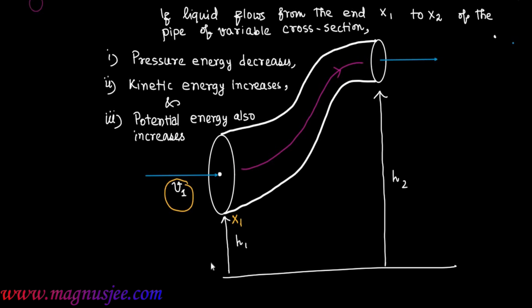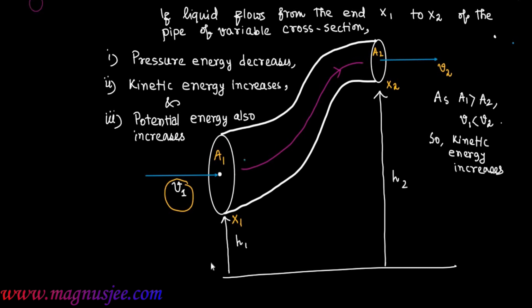v1 is the velocity with which liquid flows into the pipe at the end x1. The end has area of cross section A1. At the other end x2, area of cross section is A2. As A1 is greater than A2, v1 is less than v2. So kinetic energy increases if liquid flows from the end x1 to x2,